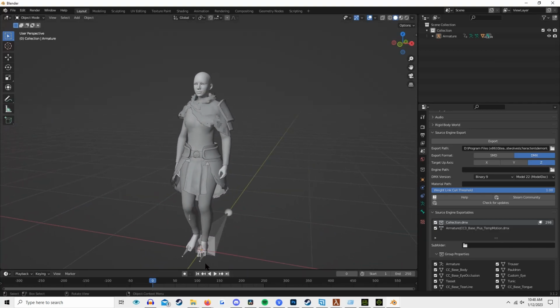This might be something that needs to be fixed in this tutorial later, but I just know this is what works, okay? So import the character, and go to Export Path. Under the Scene Properties, you're going to need the Blender Source Tools. We're going to want to go under Scene Properties, go under Export Path, and go to